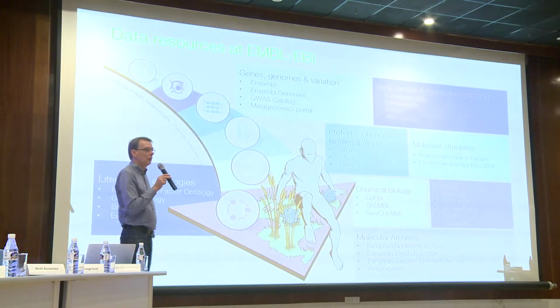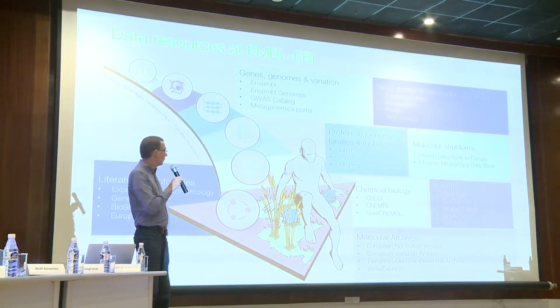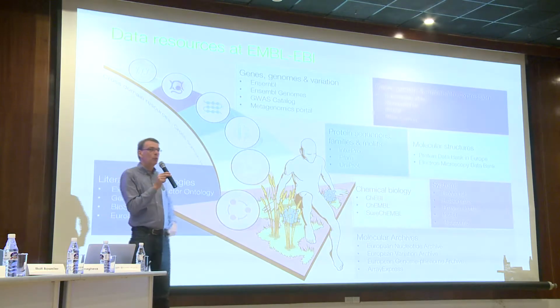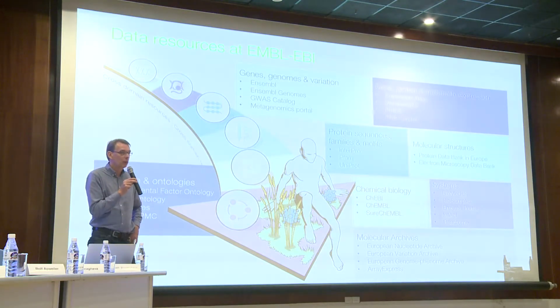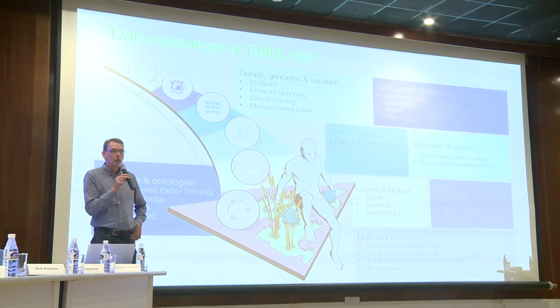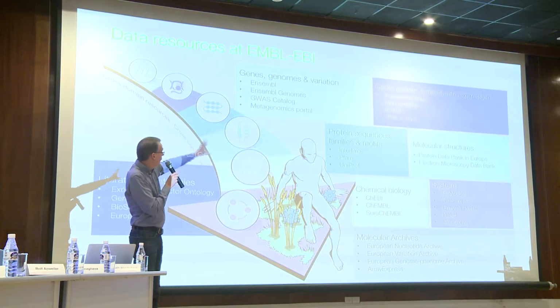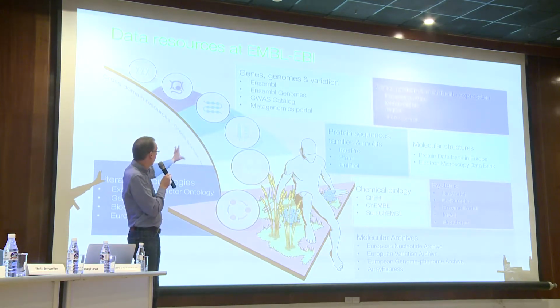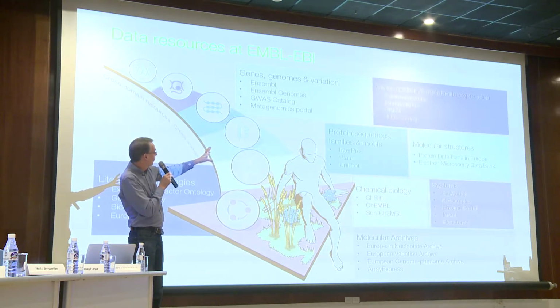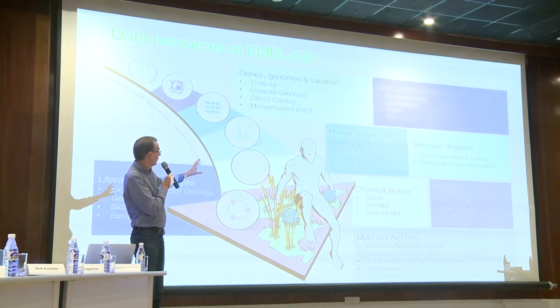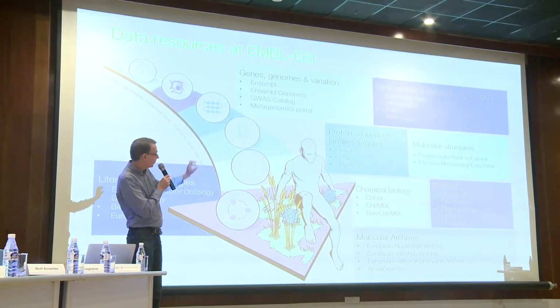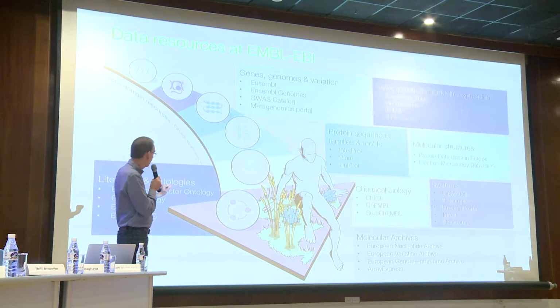When we moved from EMBL Heidelberg to Hinxton 23 years ago to set up the EBI, there were only two projects existing. That was the EMBL nucleotide sequence database, and that was SwissProt. That was all the projects we were involved in. Since then, a lot of other activities came up, we put them into so-called clusters of related activities like genes, genomes, and variation, with Ensembl, for example, gene, protein, metabolite expression, like with databases like PRIDE for proteomics, the Expression Atlas, and so on, protein sequences, families and motifs, InterPro, Pfam, UniProt, molecular structures, our contribution to the PDB in Europe,